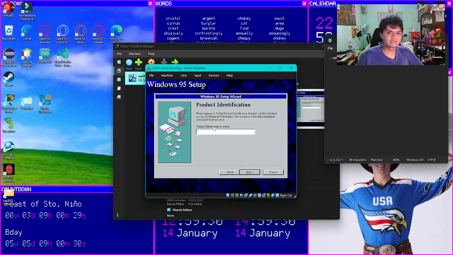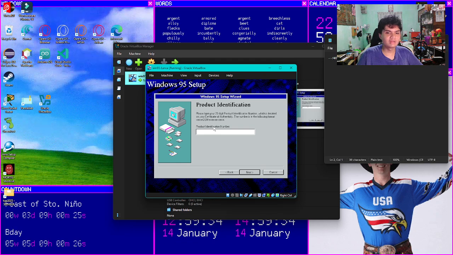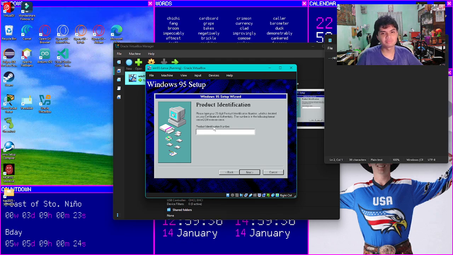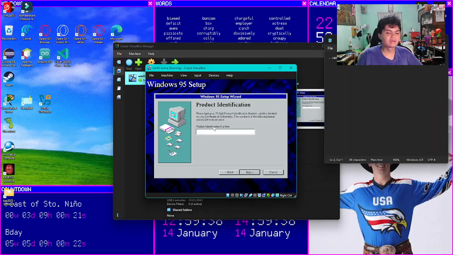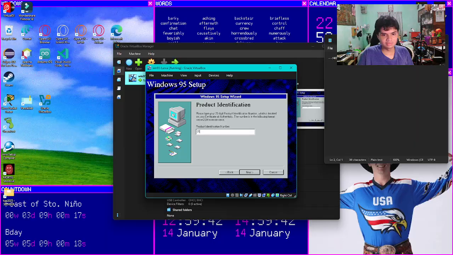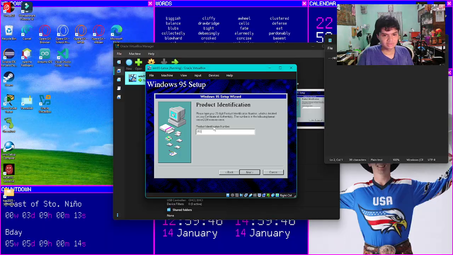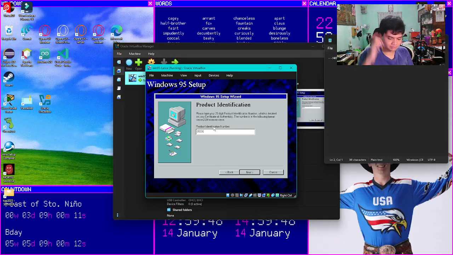This is used to validate the copy that you have of Windows 95, again to stop piracy. So now we can use this serial number, then just type it in our box.